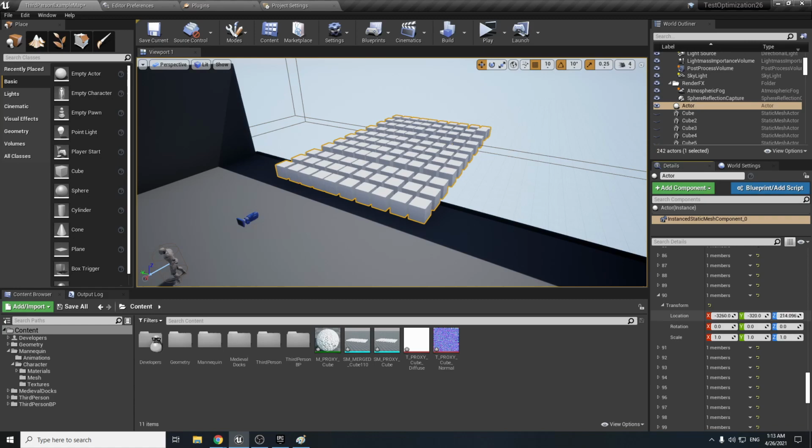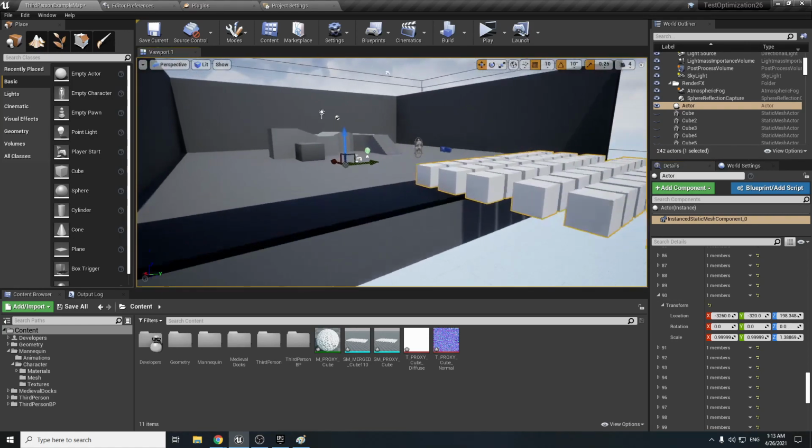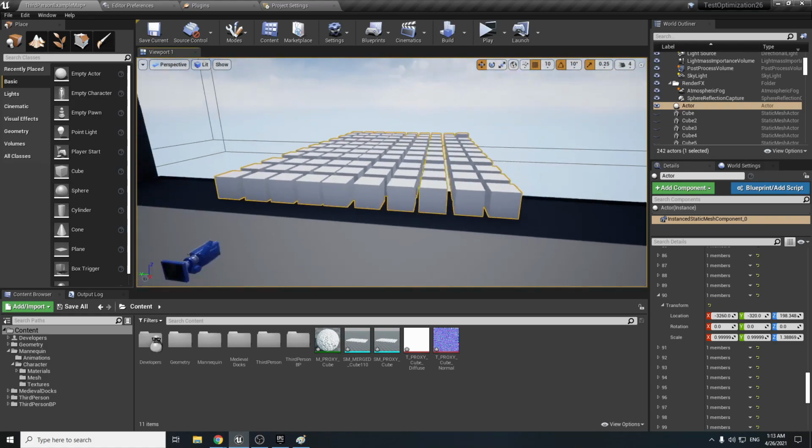For example, I will rotate, I will move this one up, and I can also rotate inside or scale. I can manipulate this, but it will be optimized like one mesh